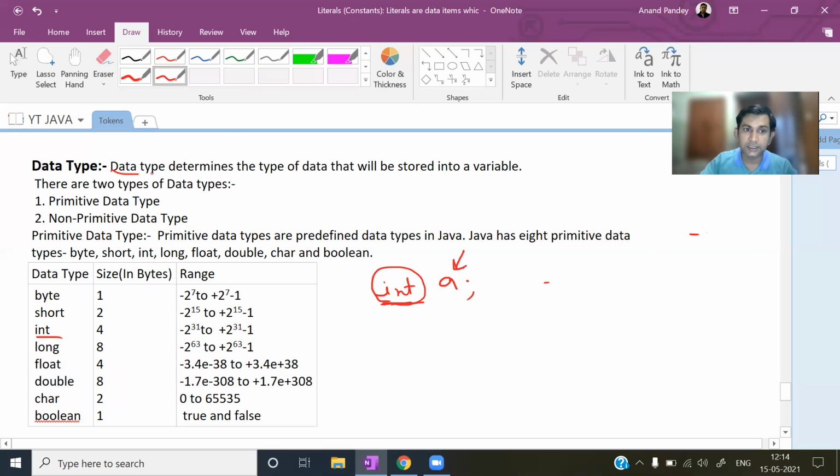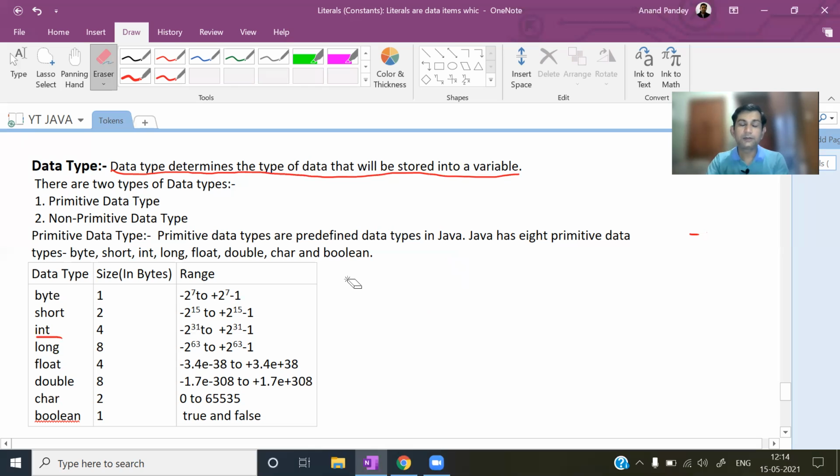See the definition: data type determines the type of data that will be stored into a variable. This int is determining that the data stored into variable a will be of integer type. So now it's clear. So it was all about primitive data types.